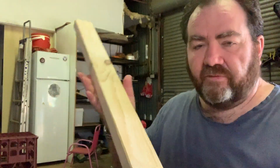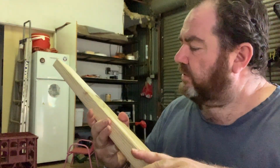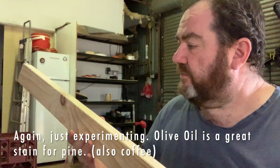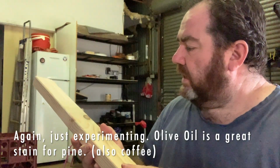So I've given it a dust down with a dry clean cloth, and just to treat it a little bit, I'm just going to use some olive oil. Had plenty of that laying around in the pantry, so I'm just going to give it a couple of coats with some olive oil. Typically you can either brush it on, or I'm just going to wipe it on with a cloth,